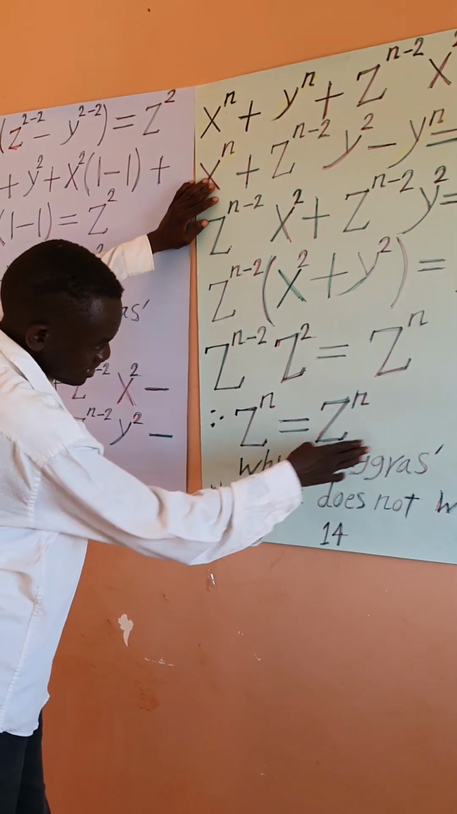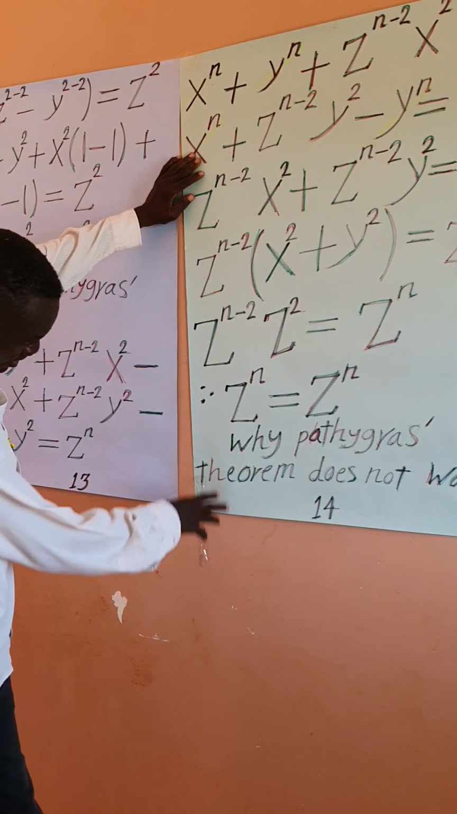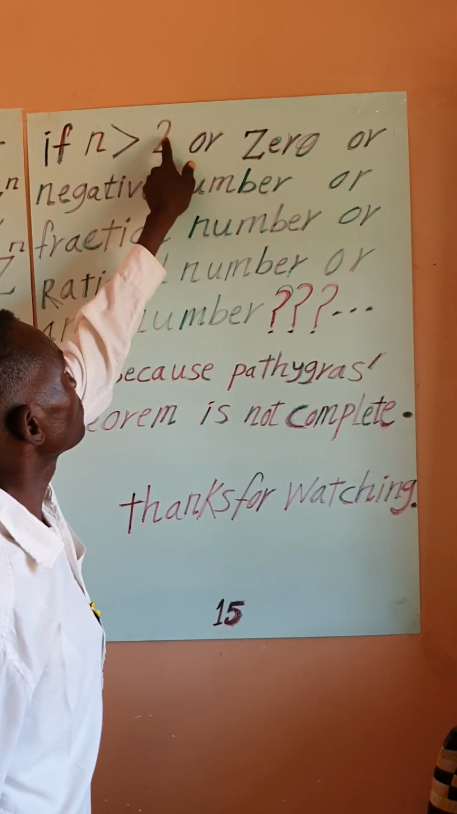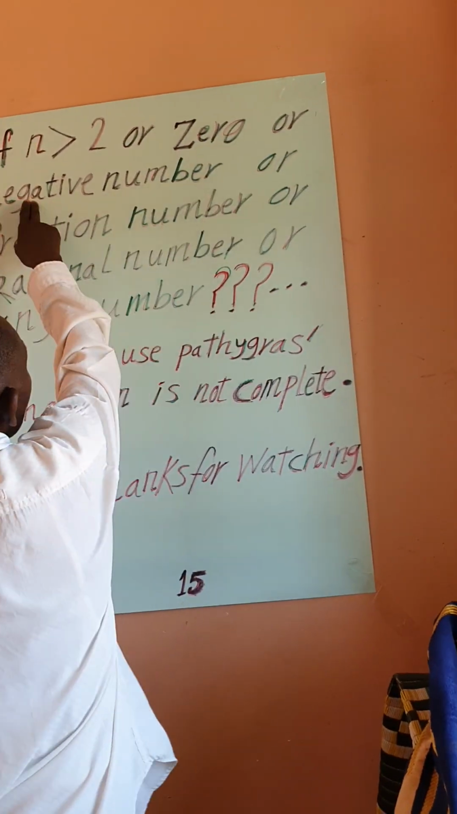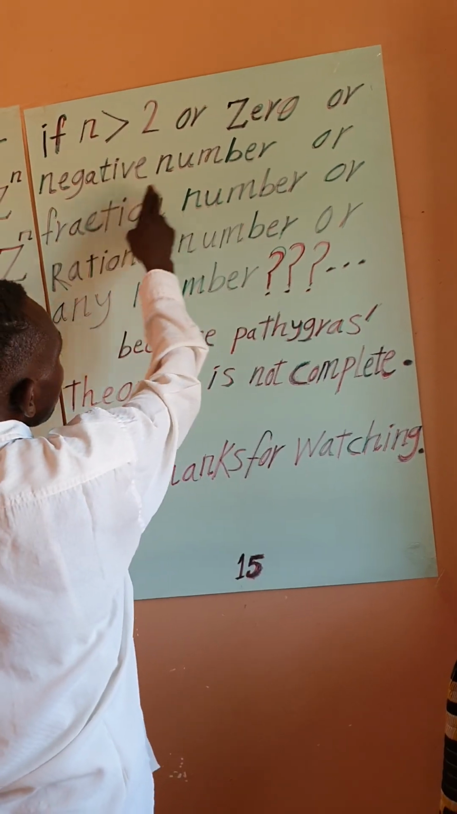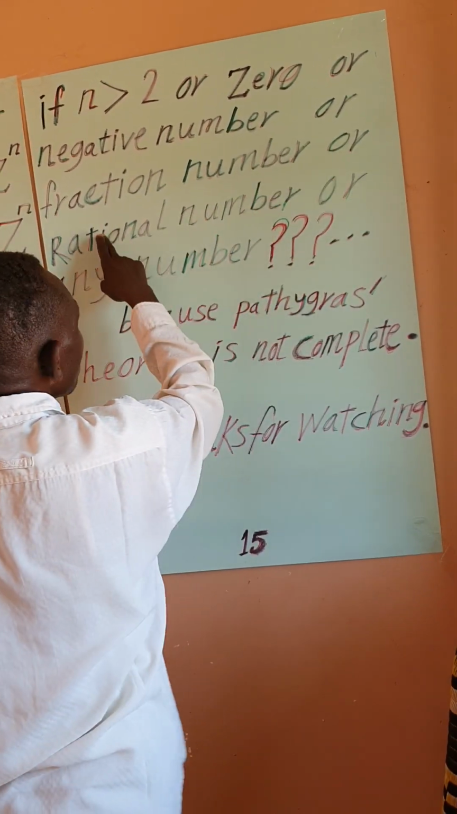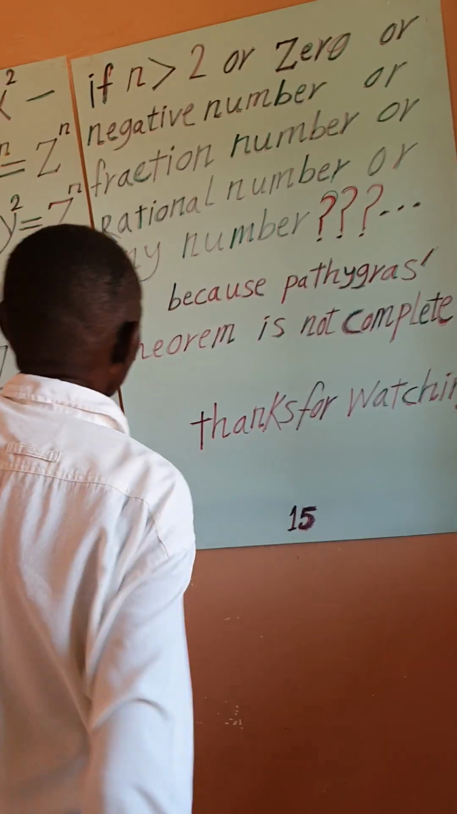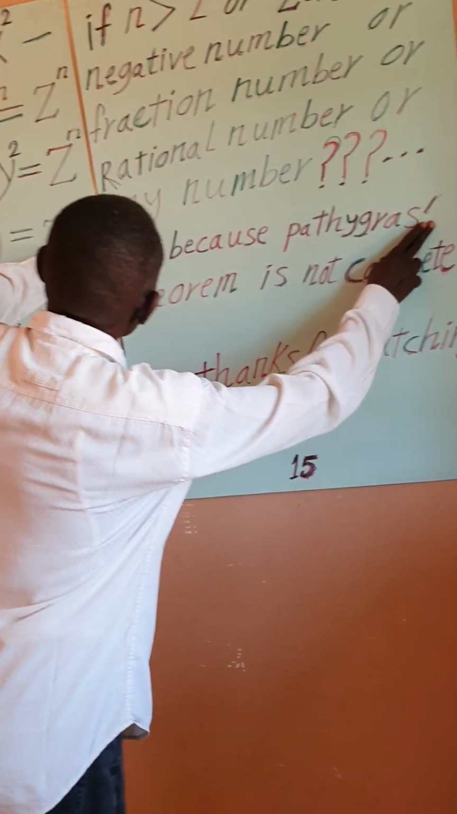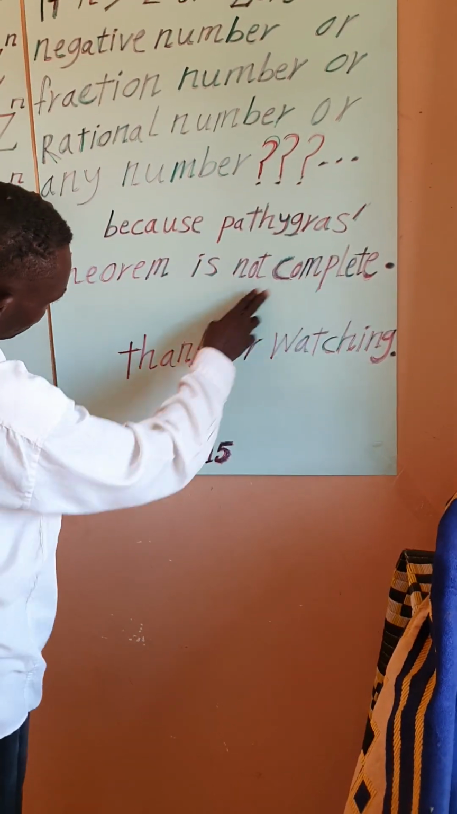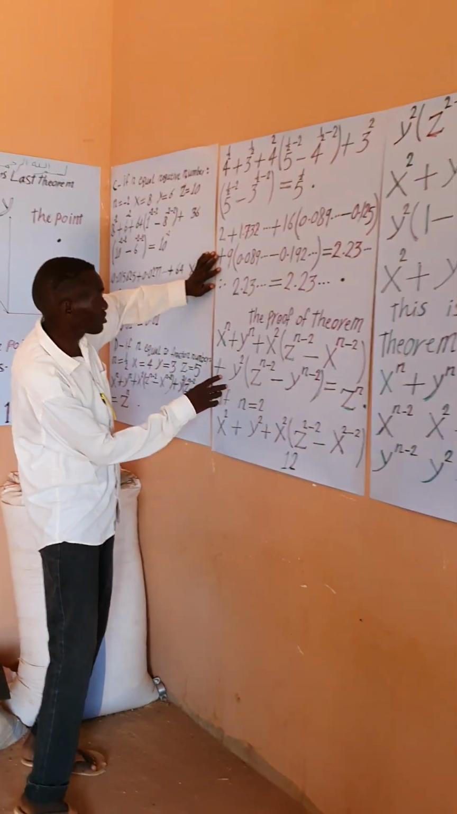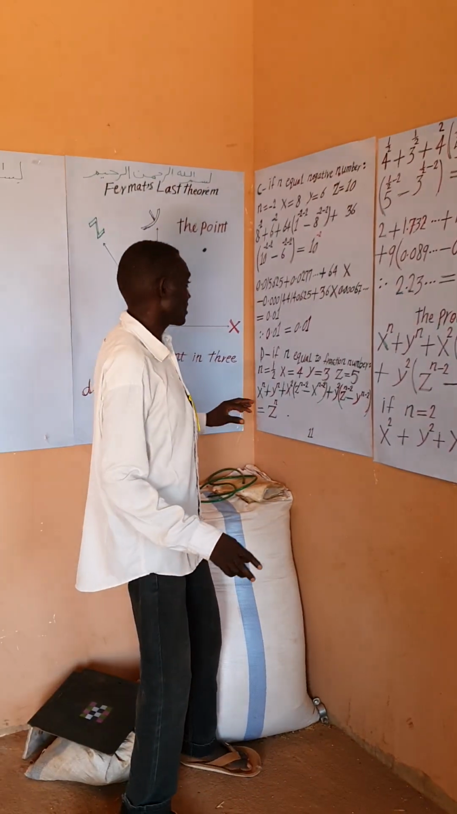Why does the Pythagoras theorem not work if n is bigger than 2, or 0, or a negative number, or a fraction number, or a rational number, or any number? Because the Pythagoras theorem is not complete. Why is the Pythagoras theorem not complete? Because the Pythagoras theorem doesn't contain this quantity,